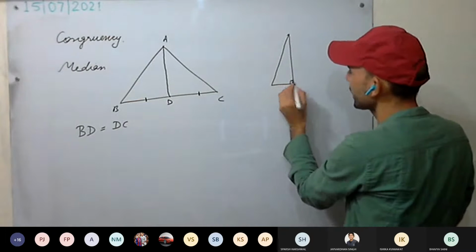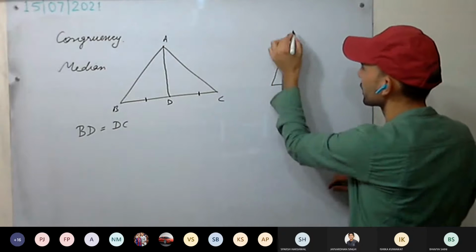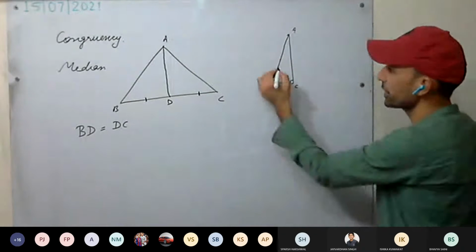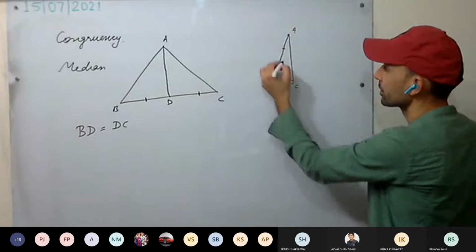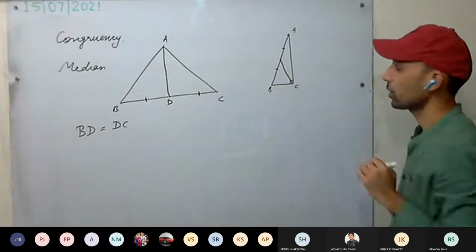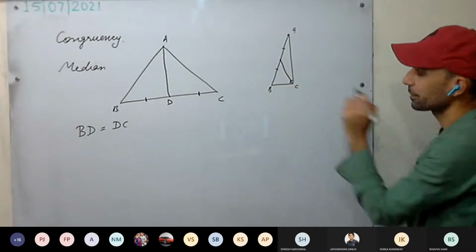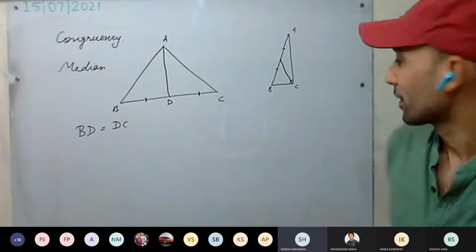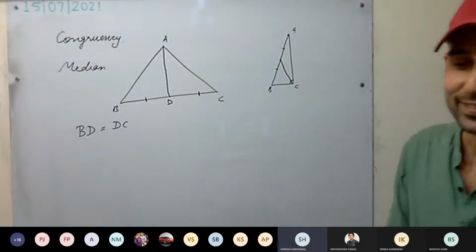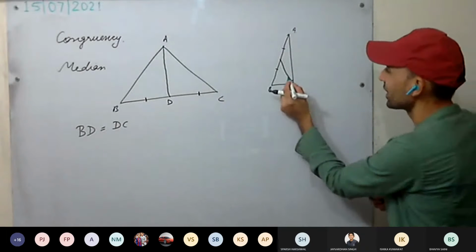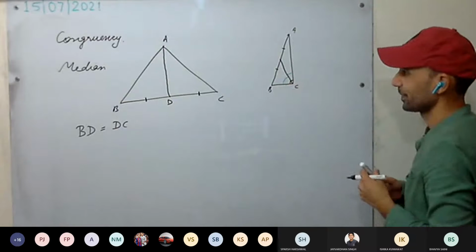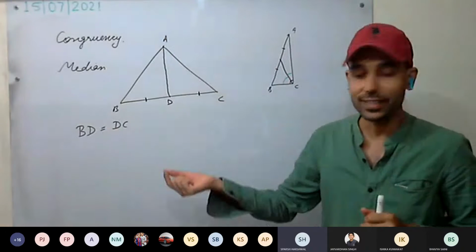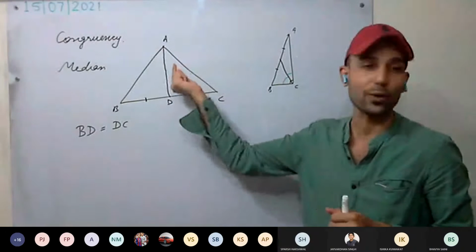So this is 90 degrees, for example. I'm drawing a median from this A of triangle ABC, and the center point will be the midpoint of the opposite side. Now tell me, does the median bisect the angle? Yes or no? How can't you see here? Are these two angles equal? No, sir. So we can't tell whether the median will bisect or not.